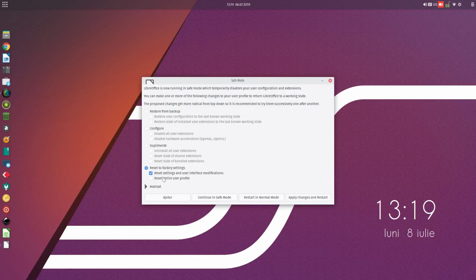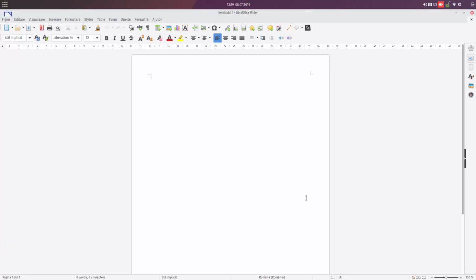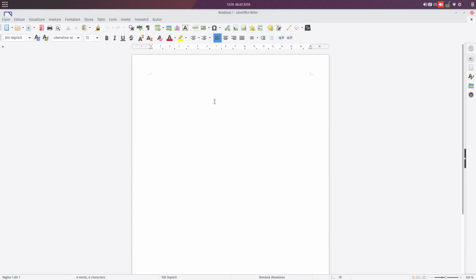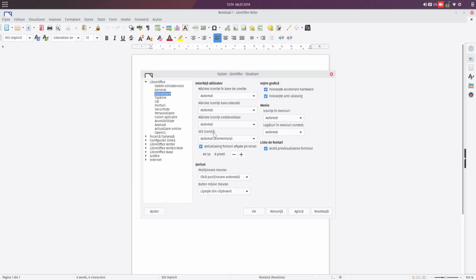So I check this, and after that, every theme that I applied, every icon that I have changed will be gone. Let's see. Apply changes and restart. And now we have bigger icons. Another theme is applied. It's a default theme, but we can change this from View, Options, View, and now we